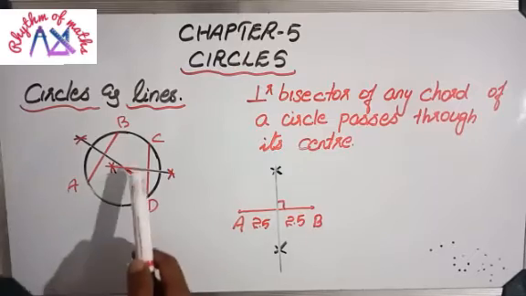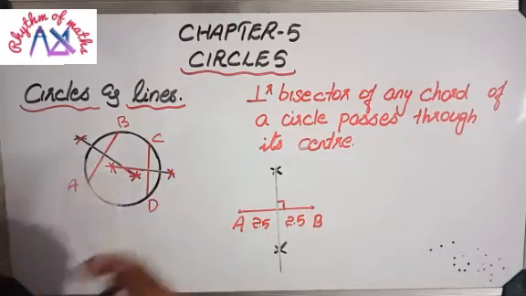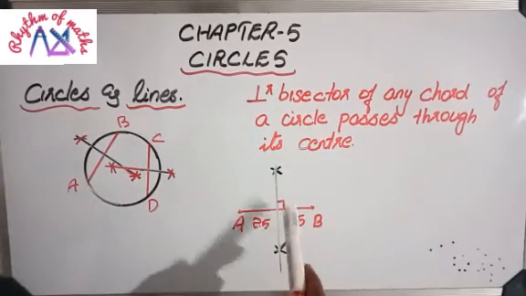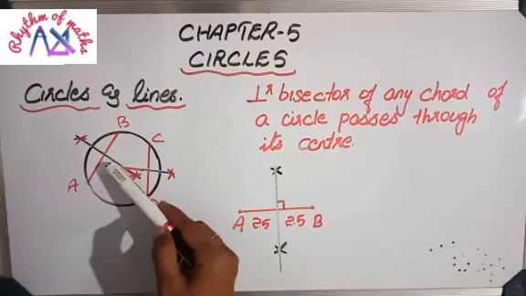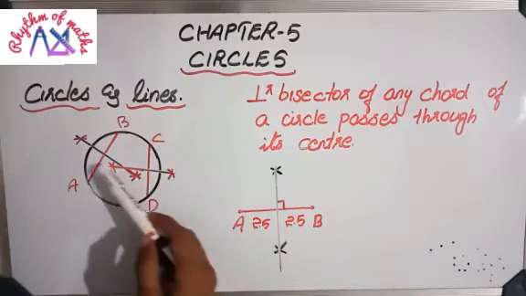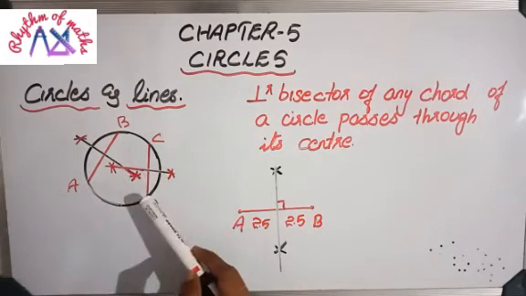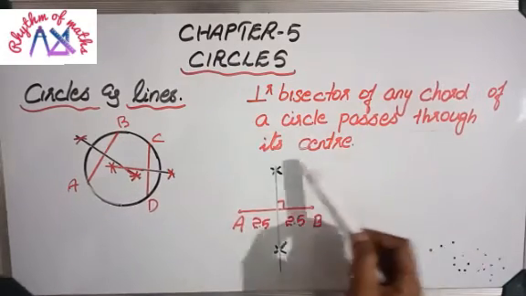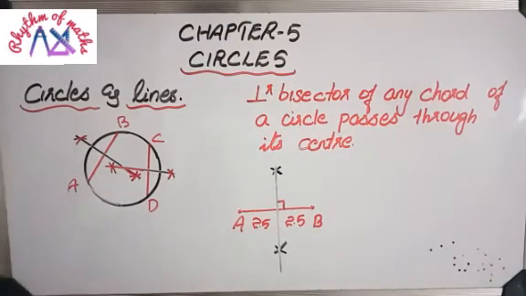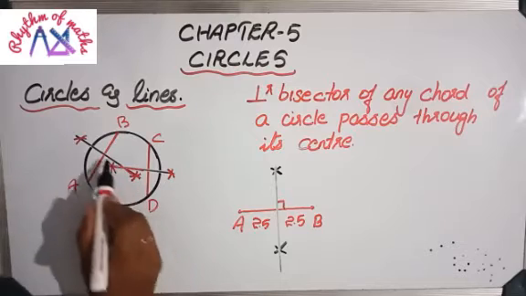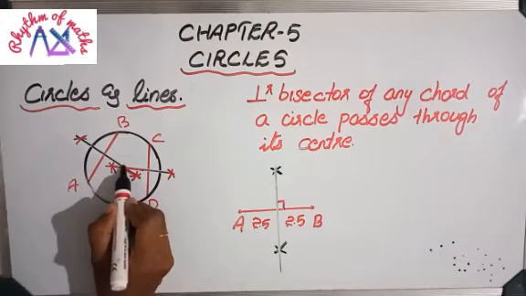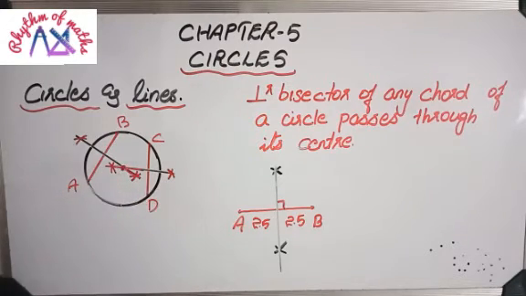After drawing the perpendicular bisector you will get it like this. Here I am not repeating the same procedure. This line is the perpendicular bisector of AB and this one is the perpendicular bisector of CD, and we know they pass through the center. Where these two bisectors join, that means this point, this point will be what?